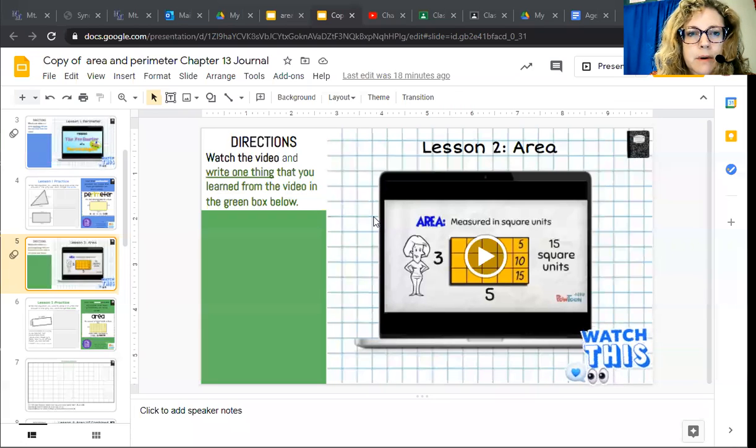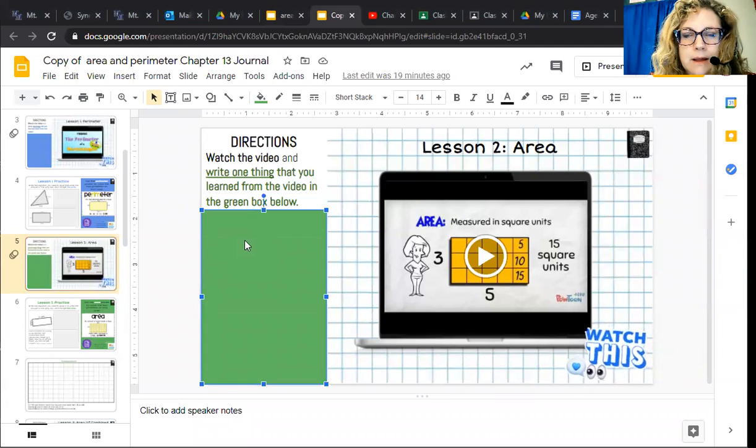Hey everyone, I want to talk about the next few slides in our area and perimeter journal. So for the next slide, this is slide 5. You're going to listen to the lesson on area, and next to this, make sure you're in the editing mode, which is the one where you can see all the slides on the side. Click in here, and then you are going to write one thing that you learned from the video in the